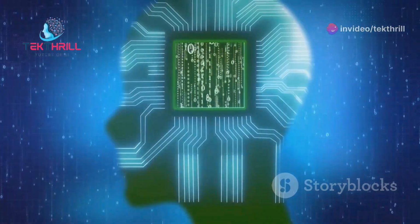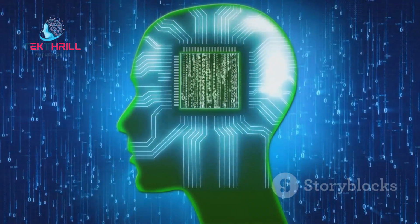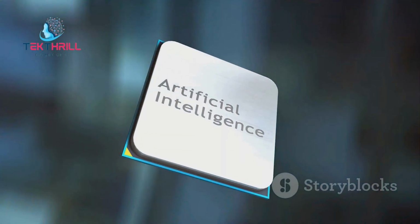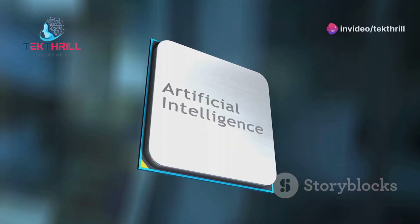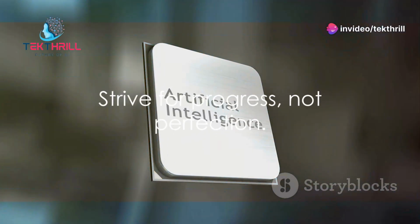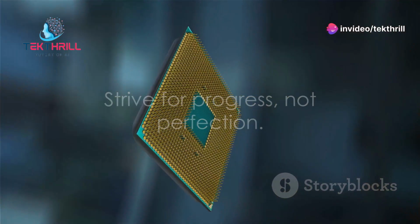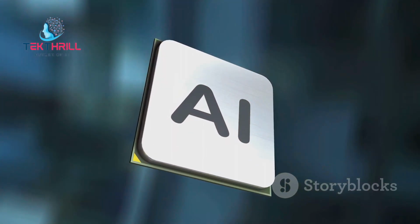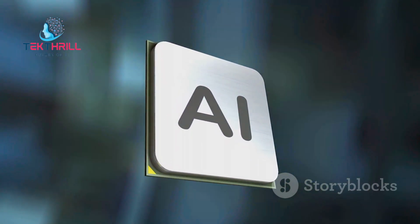Coding transforms your design into a working model. Testing ensures that your processor performs as expected, while debugging helps to iron out any kinks. Remember, perfection is a process, not a destination. Designing and implementing your AI processor can be a challenging process, but the end result is a processor tailored to